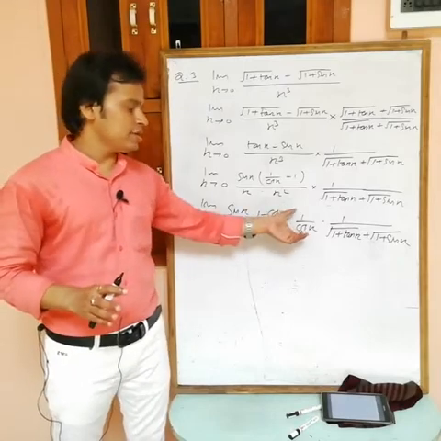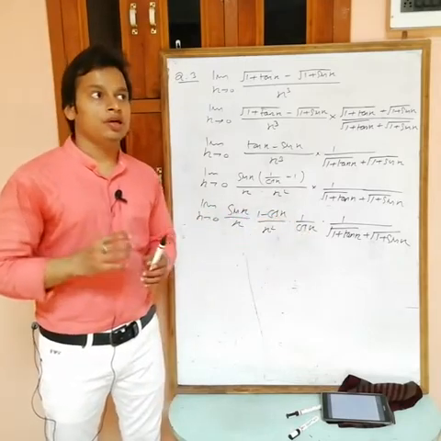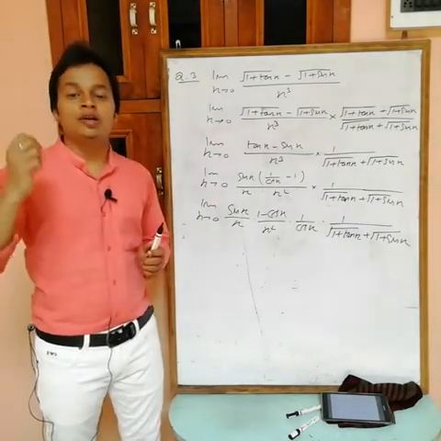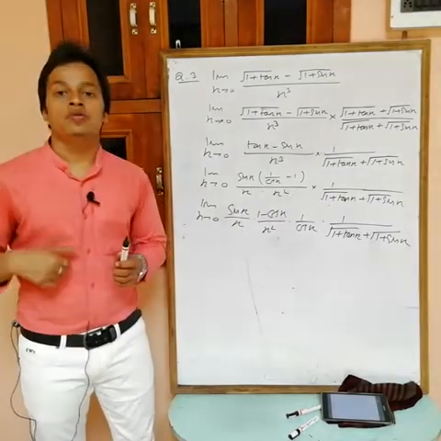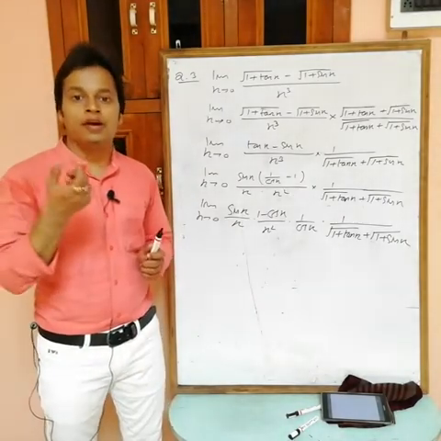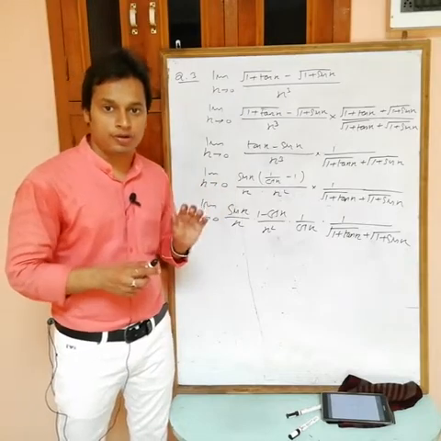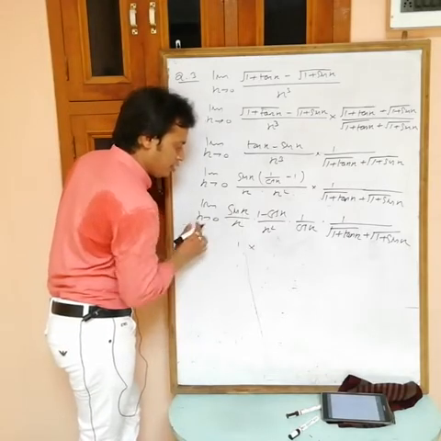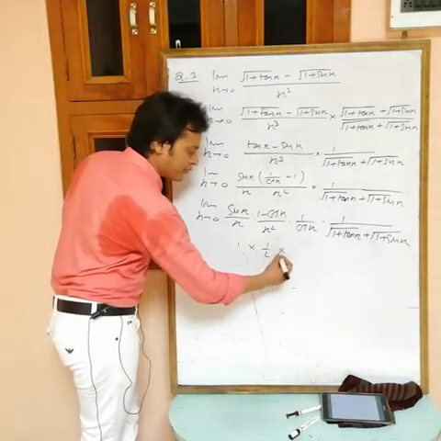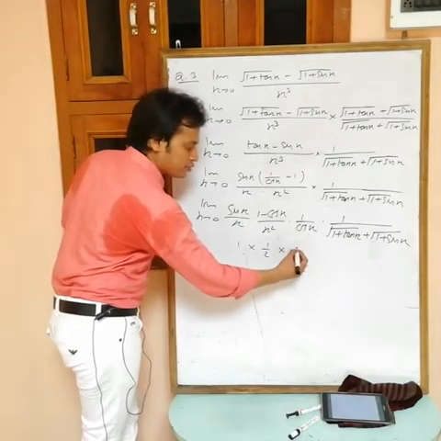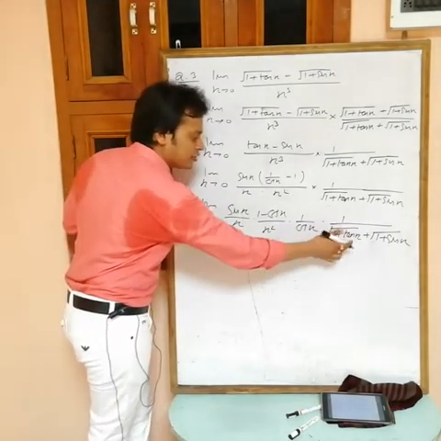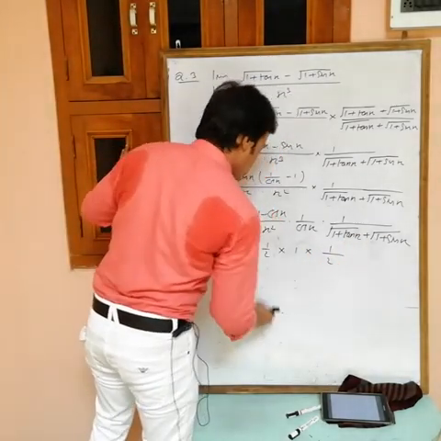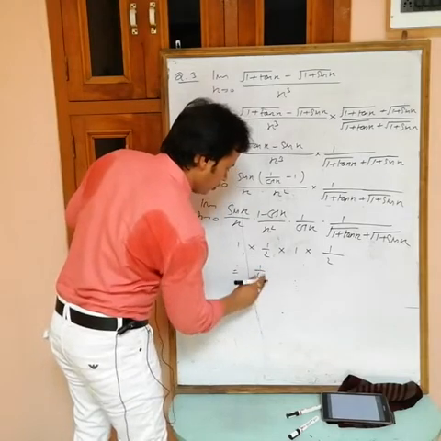Okay, but at this time this is finite now, so we can write. See now, in the first line of the theorem for limit, we have that if limit x tending to a f(x) and limit x tending to a g(x) are both finite, L and M finite, then you can use this theorem. Okay, so limit of this one, standard limit 1, limit of this one 1 by 2, limit of this one, put x equals to 0, 1. Okay, put x equals to 0, what we are getting, 1 by 1 plus 1, 2, so the answer is 1 by 4.